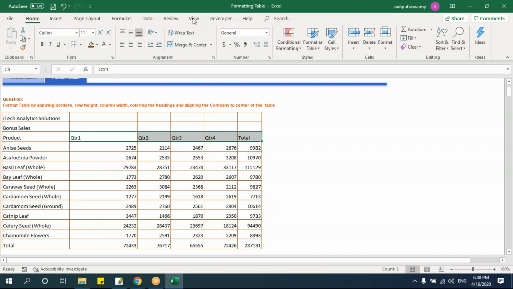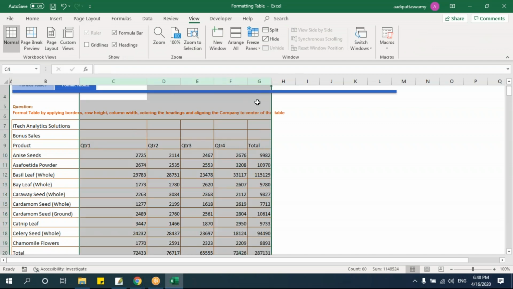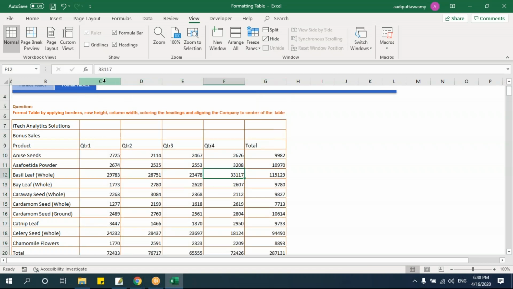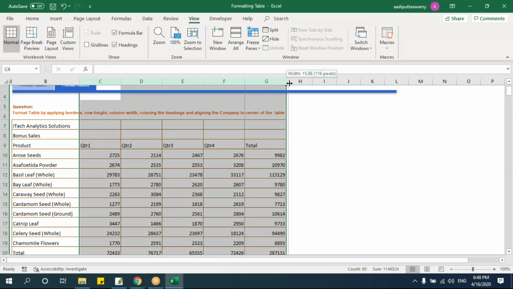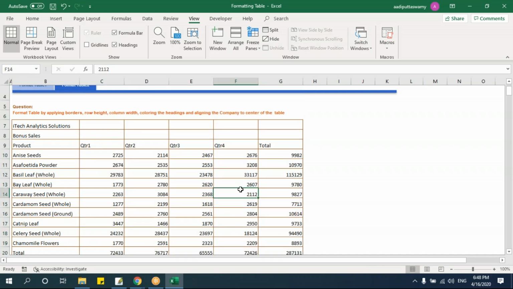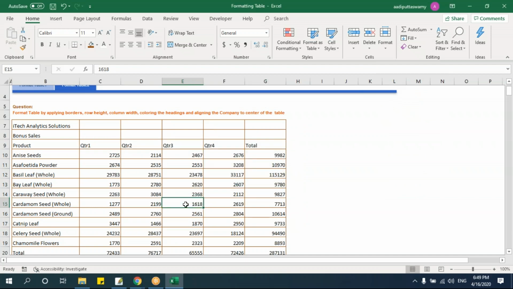So how to do it? Let me go to this view and select the headings. As I told you, I can use auto fit, or if you just drag this like this, all the columns will have the same column width. If you want to do that, just select all of this and drag, and you'll get the same column width. If you still want a specific measurement, then select this and say format, column width. See here, it says 16. Let's say I want 15, just type 15 and say okay. Fine.